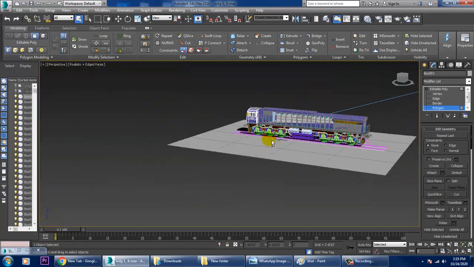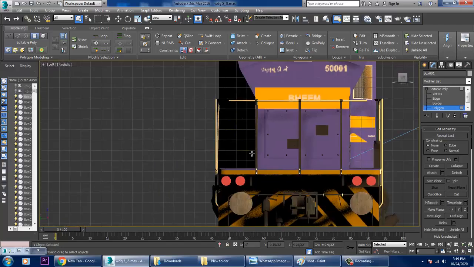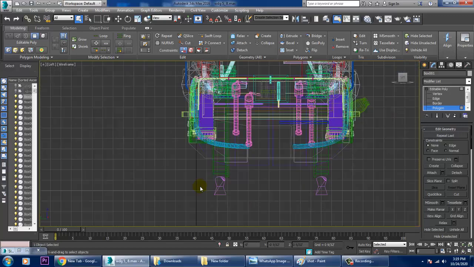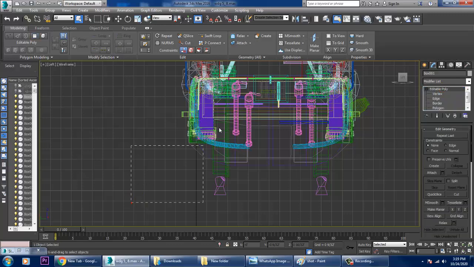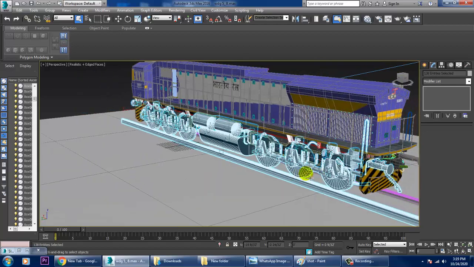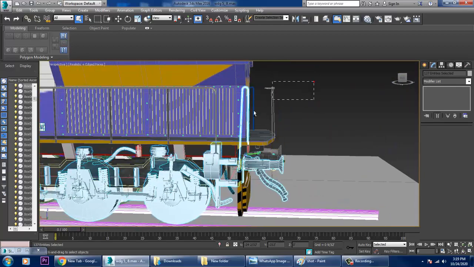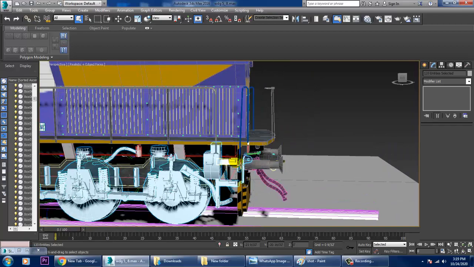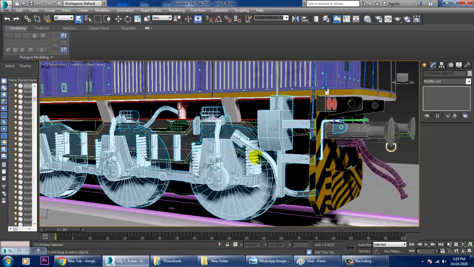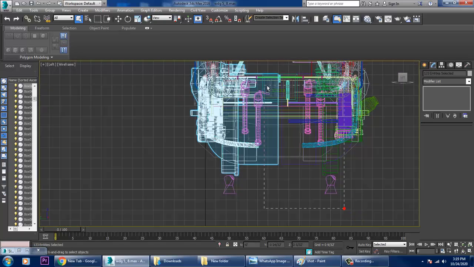Now after this is done, whatever things are on this side, we'll be duplicating those over here. If you select this much of the part, exclude this area over here, we'll be subtracting this area. Whenever you are selecting such areas, make sure you're selecting only this side of it.